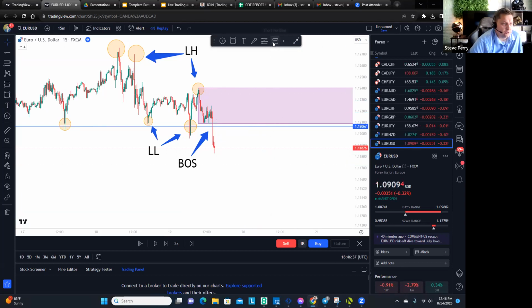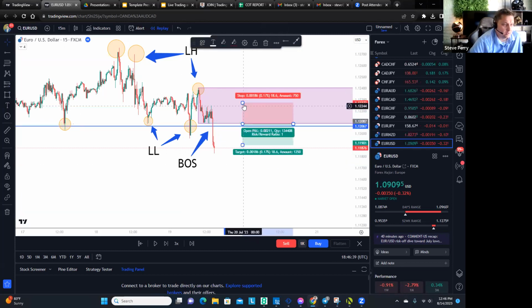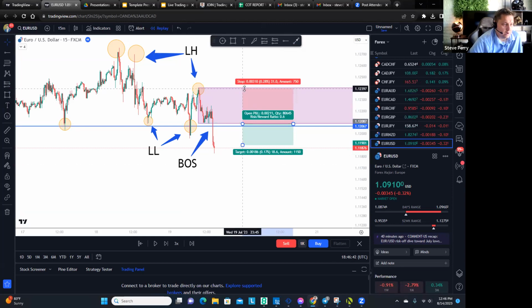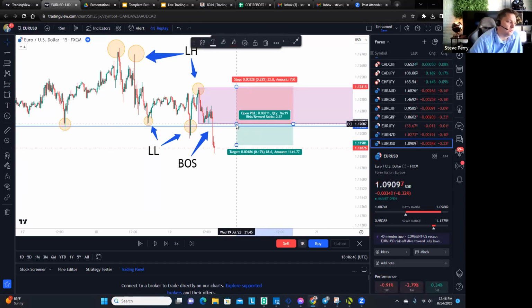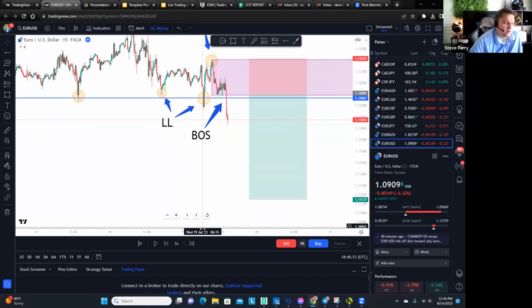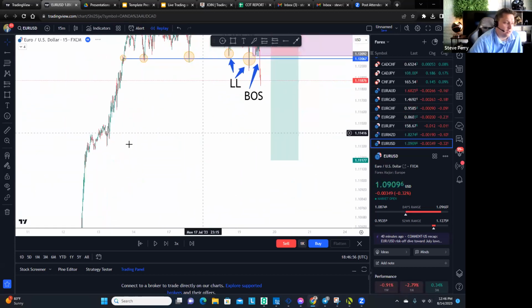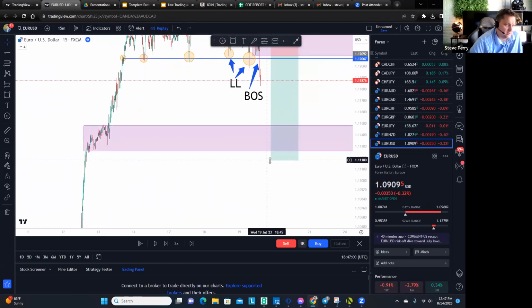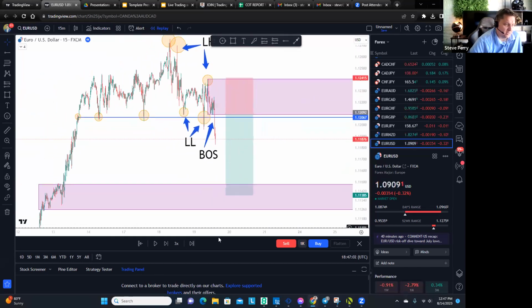So now what you do is you look for a short, right? Basically enter at the start of this. Some people like to wait for it to go halfway through or something like that and then do it. I'm just going to start it here. And then you can ride this thing down however far you think you can get it. It probably looks for some liquidity down here to close your trade at, something like that.